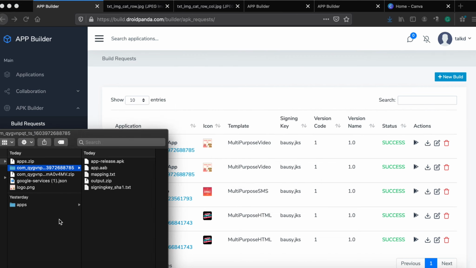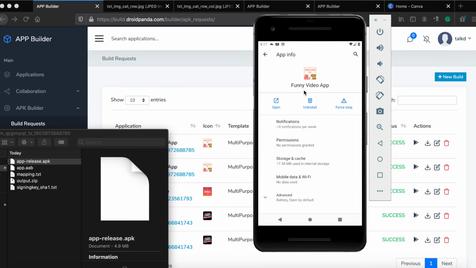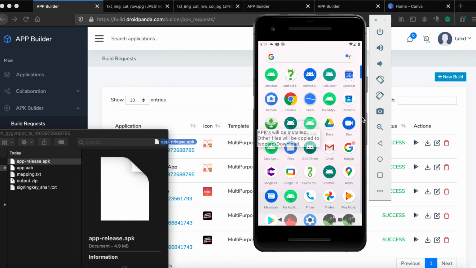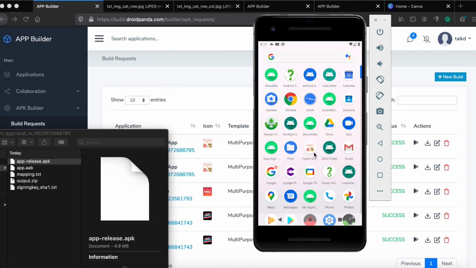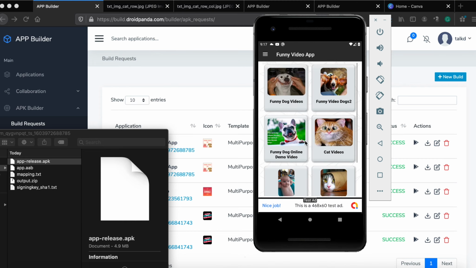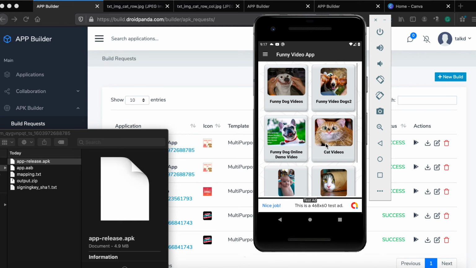Let's install the new APK, but before that we need to uninstall the previous app. This time it looks great, although we can customize it more with cards, but for this demo this should suffice.